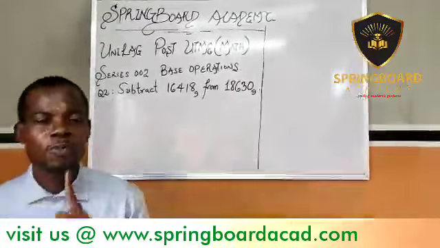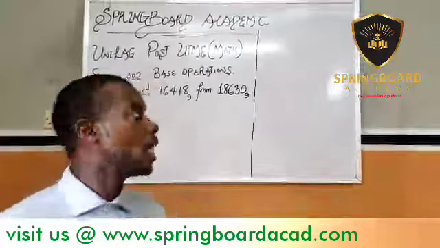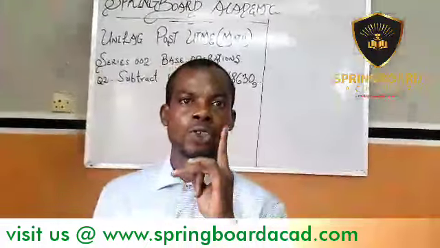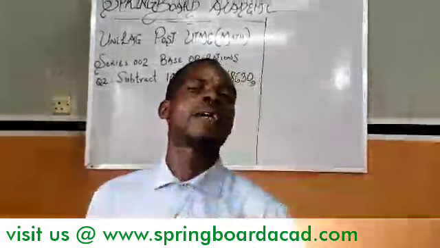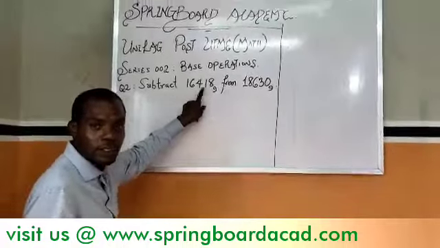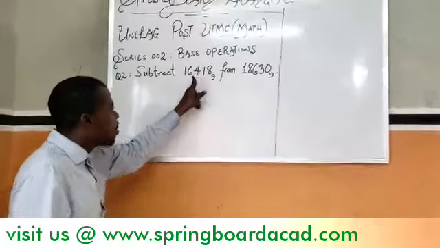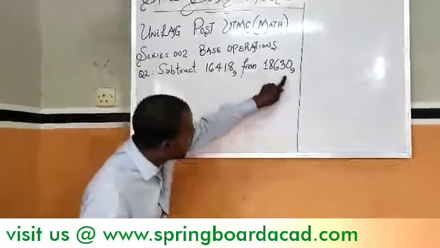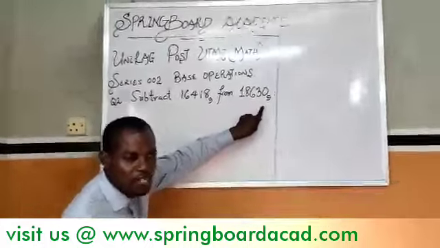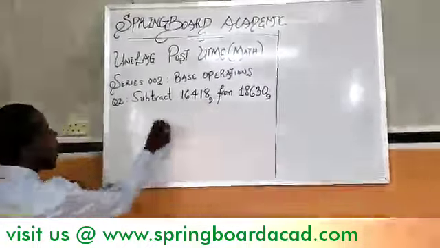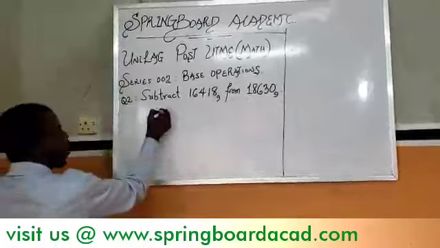Pick it up from where we left it. Now, UNILAG Post-UTME question number 2, likely examination questions. We are to subtract this from this. We are taking away this from this. That tells you this has a larger value compared to this. Let's go. You have the larger value now,